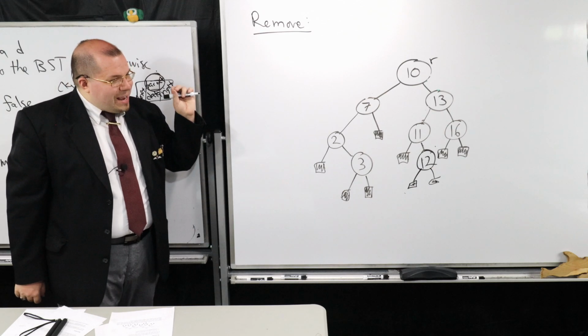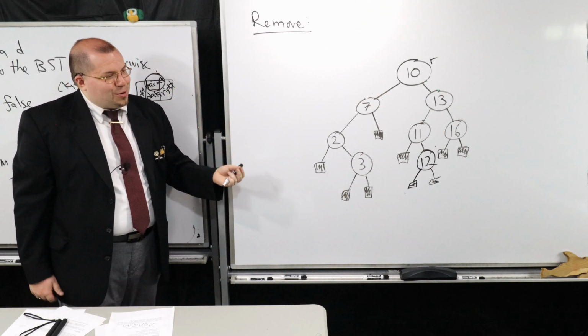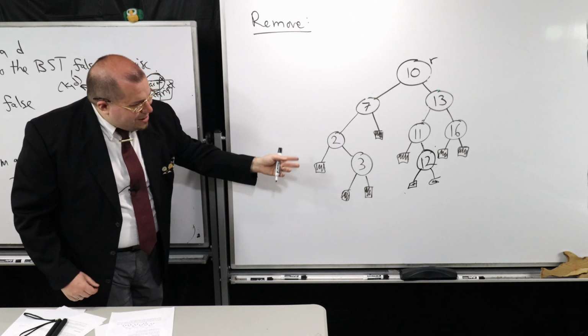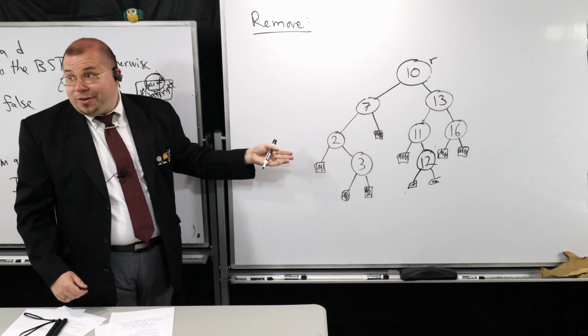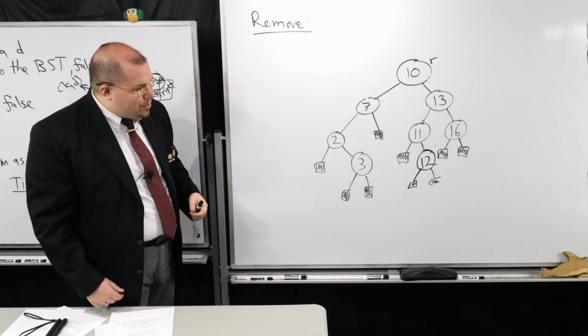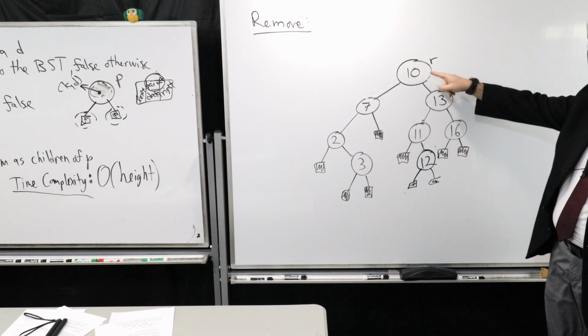So far we have something to do with removals, but it doesn't seem to work always, right? So notice that if I try just doing that, that's easy enough, right? It doesn't destroy anything about the binary search tree. It removes the appropriate node. But can we do the same thing, for example, at node 10?